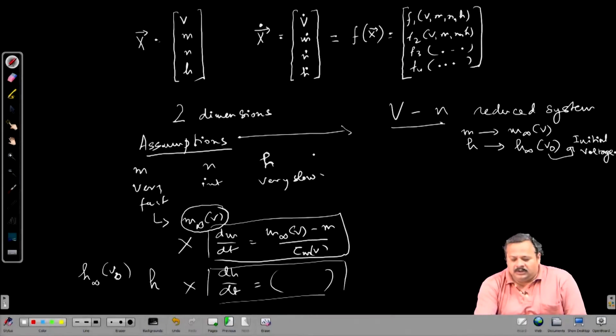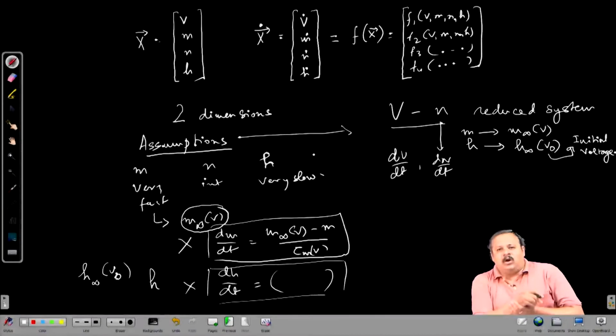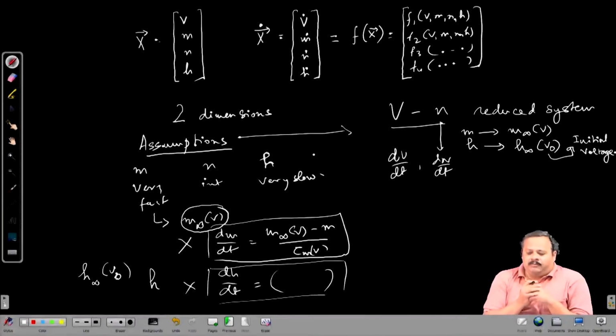So, now that we have only dn/dt and dV/dt to govern the system, this will be meaningful only in intermediate time scales, not the very early time for the current injection period, if we are trying to explain the action potential. And obviously, it is also not very useful to explain inactivation behavior, or after the action potential,